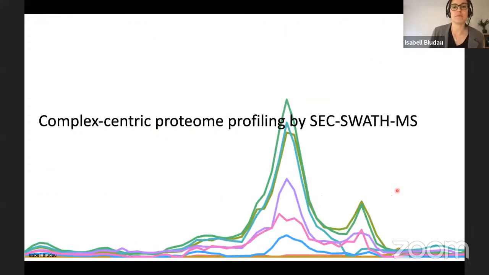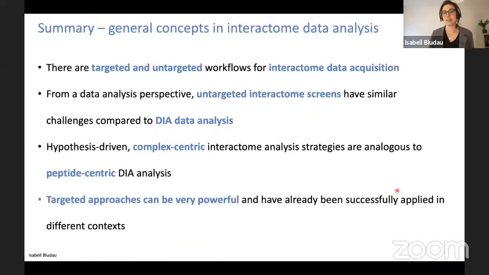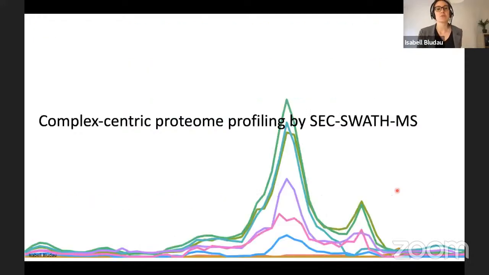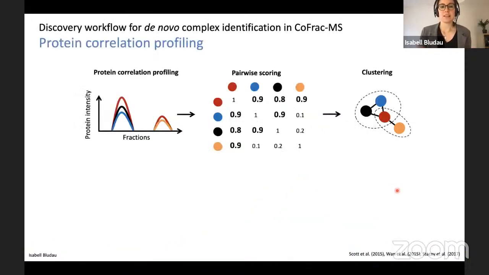Okay, so having discussed some of the general concepts of interactome data analysis and similarities to proteomics in general, I would now like to focus on the complex-centric proteome profiling strategy by SEC-SWATH-MS that we developed in the Aebersold lab during my PhD. And to start off, I would first like to show you the more regularly used discovery workflow for de novo